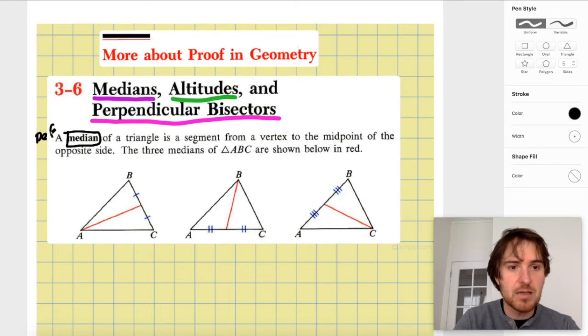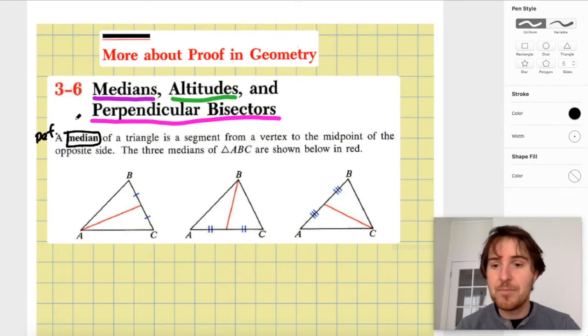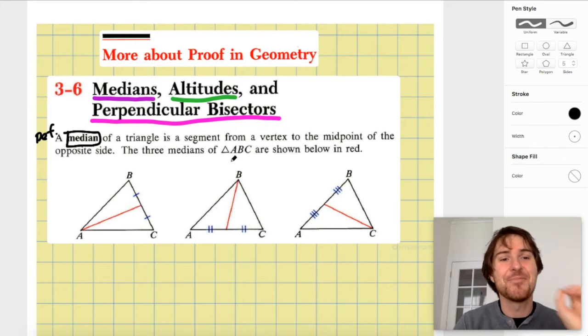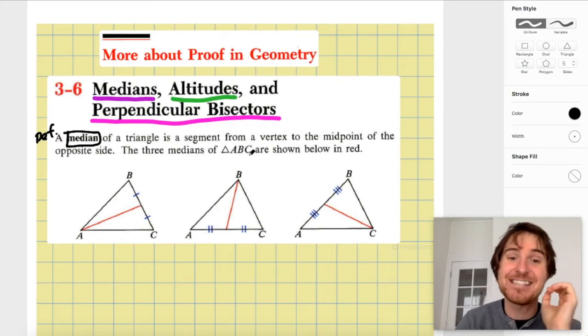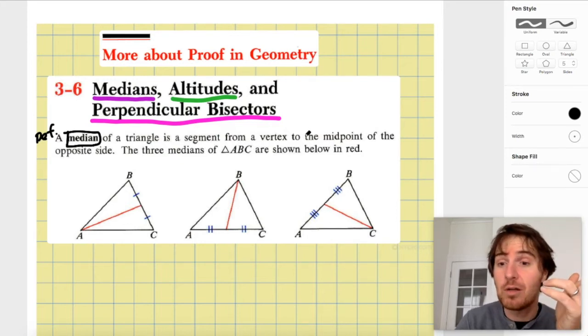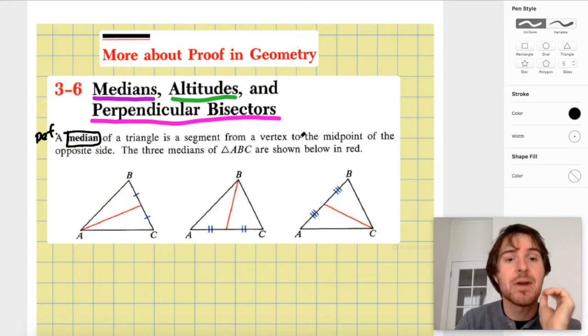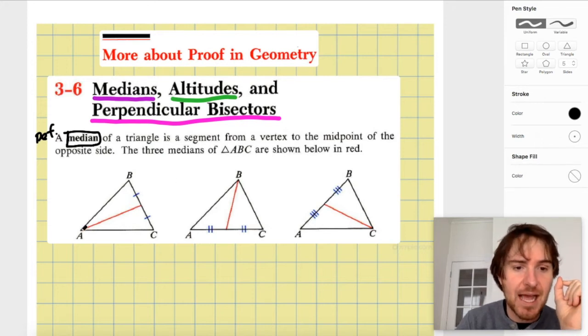This is the definition of median. Okay, so if we have a median, then what can we say? Well, that'll be a theorem coming up later. But anyways, a median of a triangle is a segment that you can draw, right? Because two points make a line. But anyways, it's the segment from a vertex here, okay? So this is the median